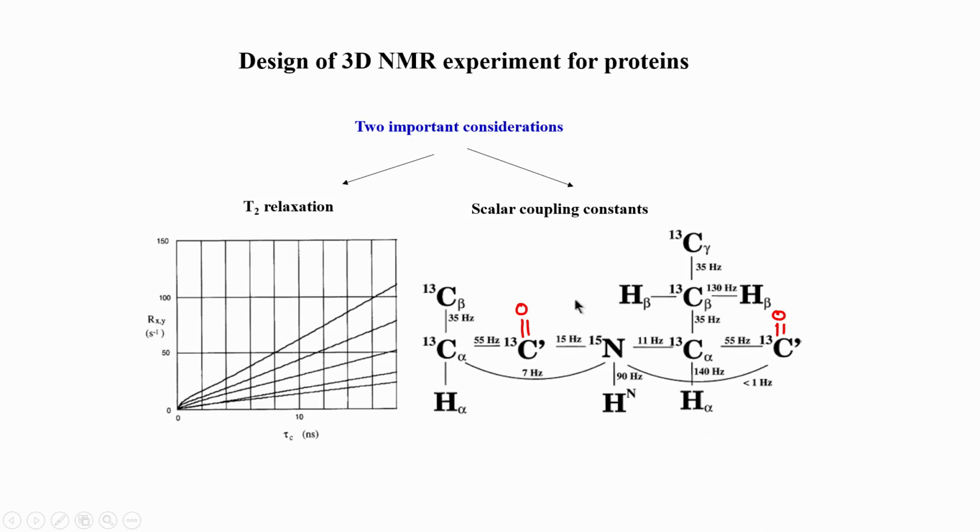So, these are the two important parameters: relaxation, that is how fast the system relaxes, and the coupling constants which are needed for the 3D. We will see now how we can use these coupling values to transfer the magnetization from one nucleus to another nucleus. Essentially when we transfer magnetization, we need J coupling, and this is very similar to what we saw in the 2D homonuclear TOCSY, homonuclear COSY, HSQC and so on. All those 2D experiments used the coupling between two neighboring atoms or nuclei to transfer the magnetization. Without J coupling it is not possible. So, these are all J coupling based experiments which we will look at.